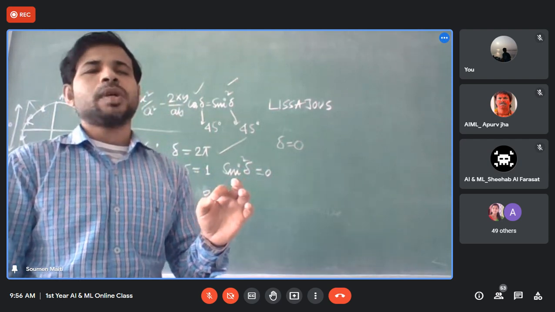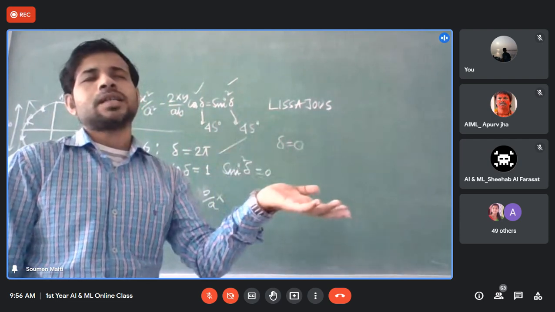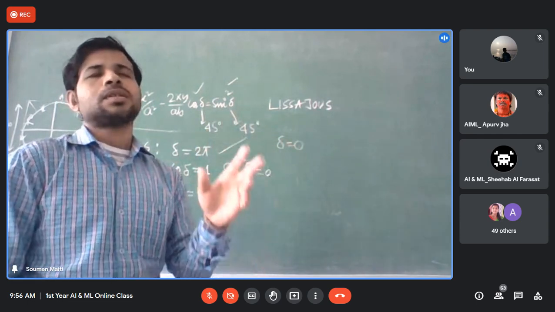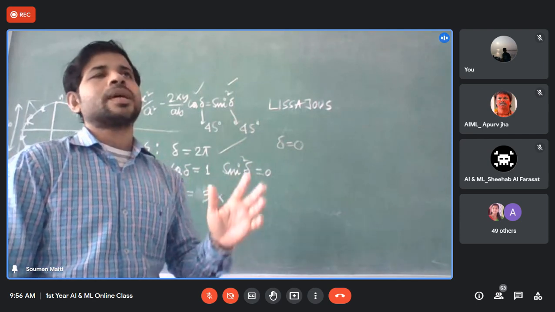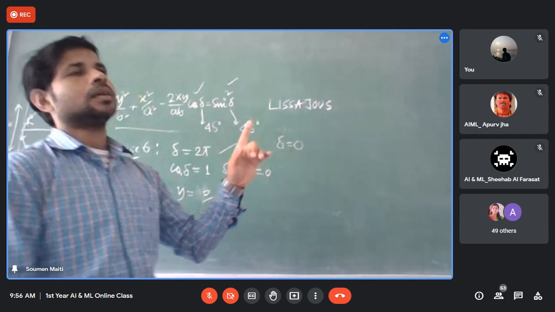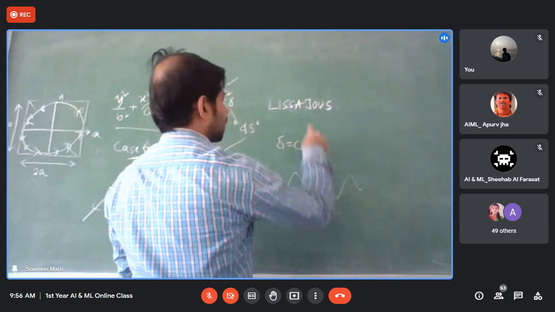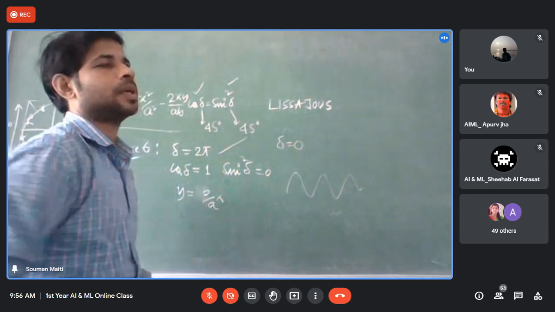So when you perform the second year experiment in the electronics department, we will see a cathode ray oscilloscope, or CRO. In that CRO, you can check what happens when we add two waves: suppose we are getting one sinusoidal wave in the x direction and another in the y direction, then they will superimpose and produce this kind of geometrical pattern.